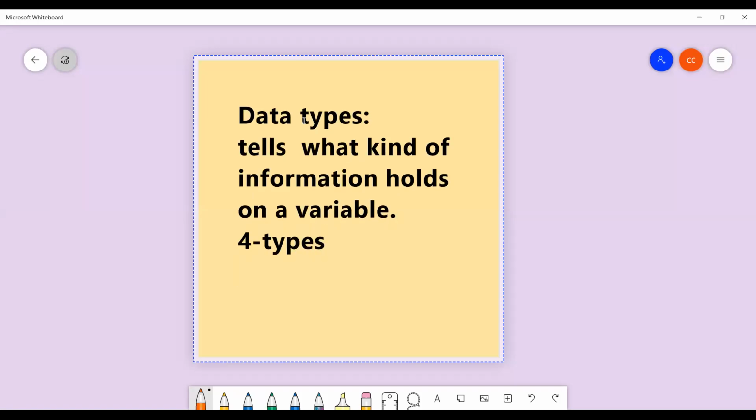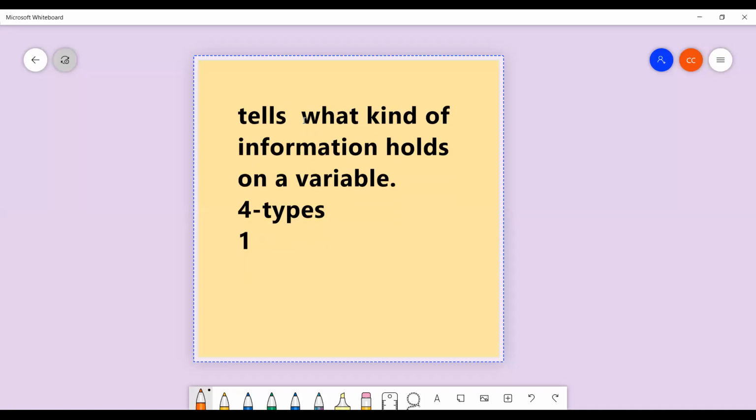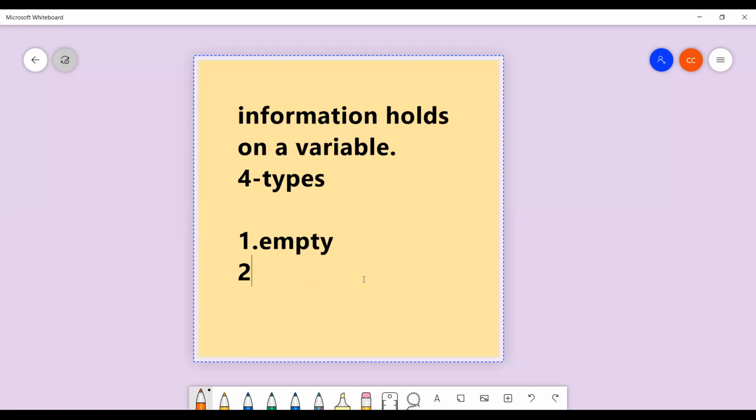First one is the empty data type. Second one is the primary data types.